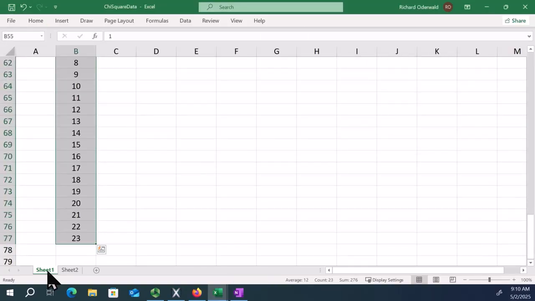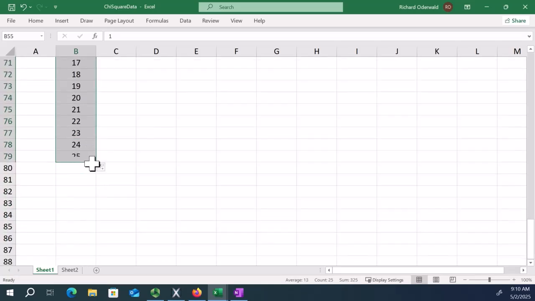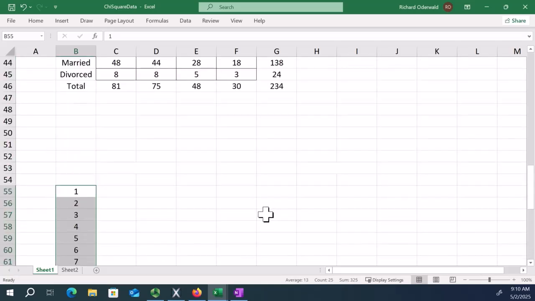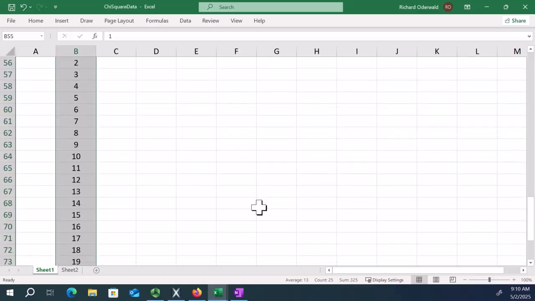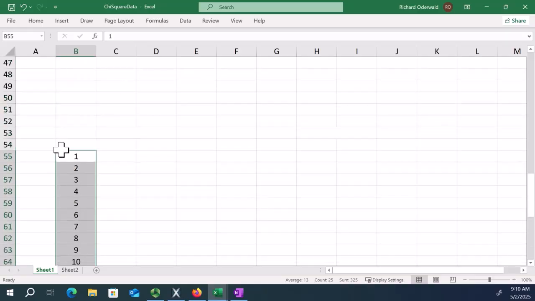I'll extend that, make it 25. So we're going to flip a coin 25 times. And then check and see whether the random number generator actually flips coins fairly or not. I've got the list 1 through 25, and it's purely so that I can have a count. And in that first cell,